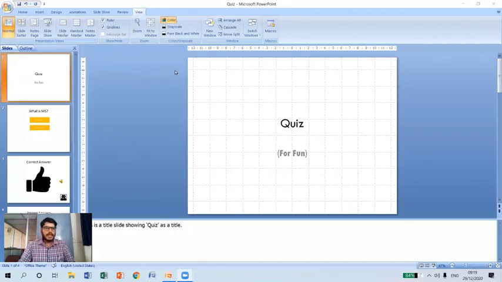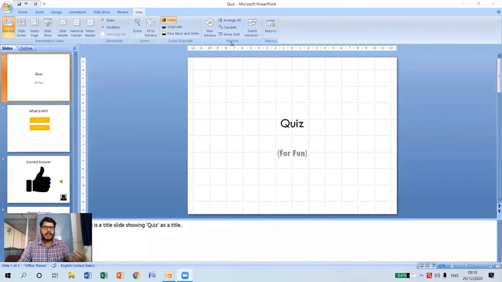So now in today's class, we will be discussing what are the various options available in the View tab of a Microsoft PowerPoint presentation. In this View tab, we have already discussed the window group and also the macros group in MS Word document 2007. The same options are also available here itself.